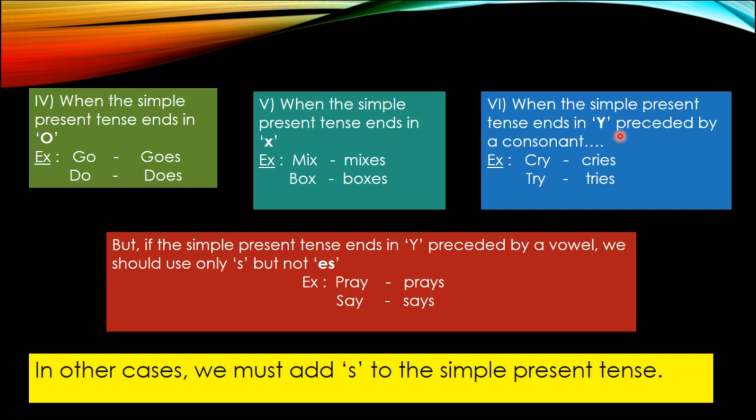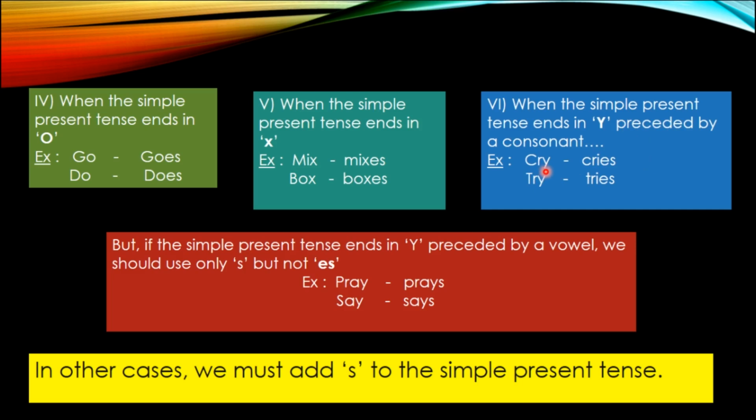Children, do you know what is the meaning of preceded by? Let me explain. I will give an example in the alphabet. In the alphabet, A, B, C, D, A is preceded by B and B is preceded by C. In numbers 1, 2, 3, 1 is preceded by 2, 2 is preceded by 3. I think you understand the meaning of preceded by.